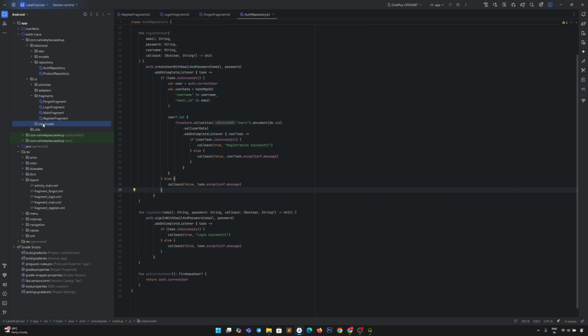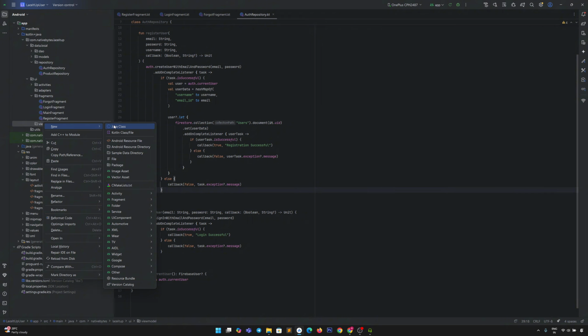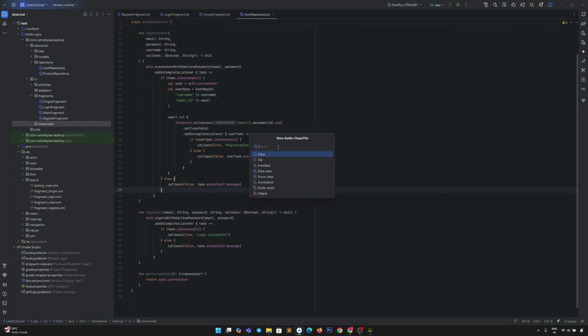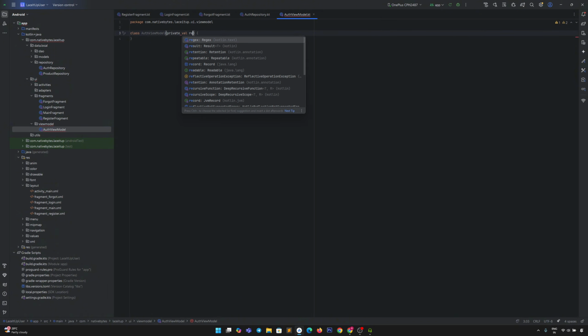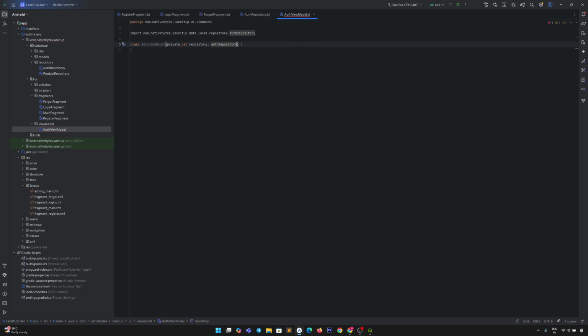All right, now coming to the view model. So we need to add here a new class that is called auth view model. Under this class, we take the repository, then auth view model, colon, then this is a view model.